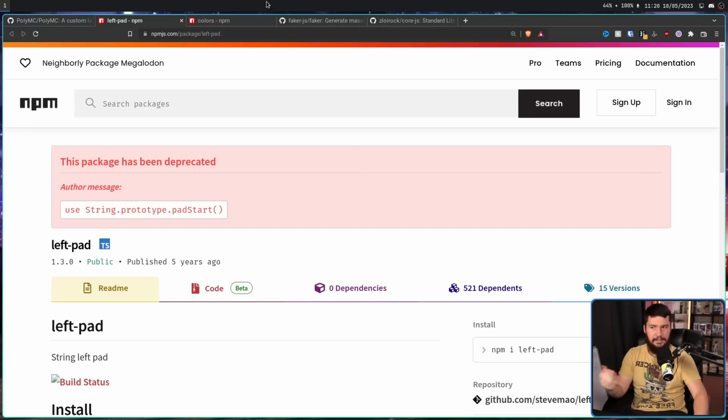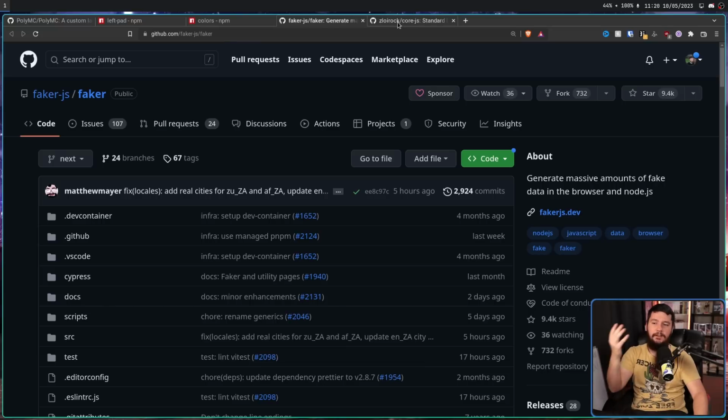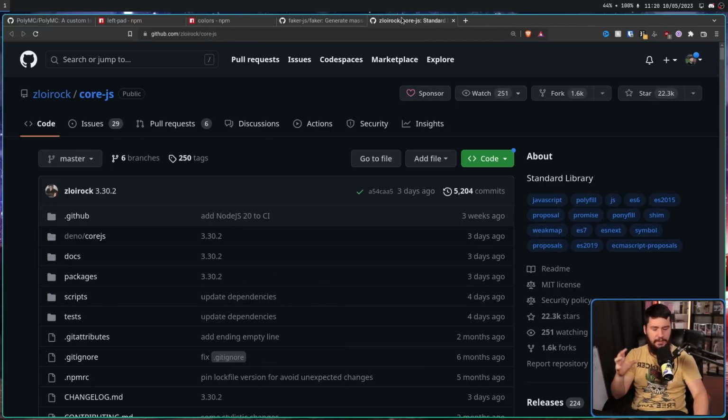But then there are other cases like ColorsJS, FakerJS, and CoreJS, where the developer was basically protesting massive companies taking advantage of FOSS. These multi-billion-dollar companies that are built on these open source projects and don't pay them anything. Their entire business is reliant on this software working well, and they don't give them any funding.